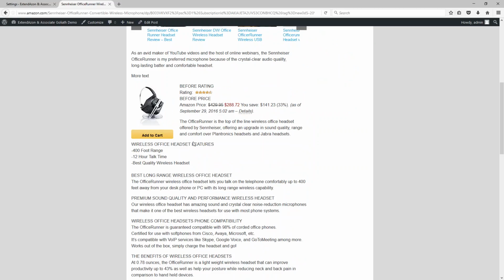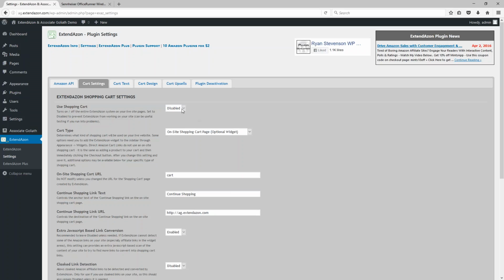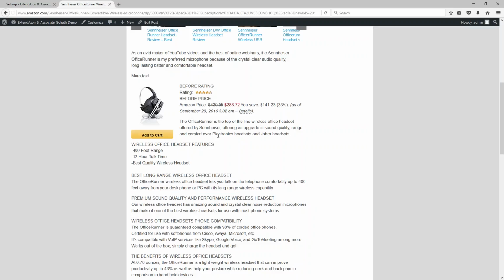And you should be doing this without ExtendAzon installed, or if you do already have it installed, you can simply go and disable the use shopping cart setting in the plugin, and it'll shut it down until you turn that back on. So with the default